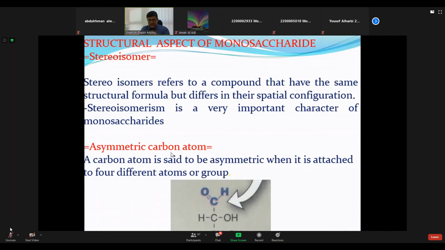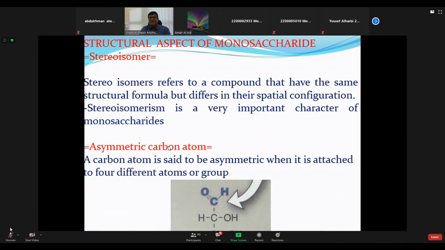Now, this one I told you already last day. What is the meaning of asymmetric carbon atom? Can somebody tell me? The carbon has different types like hydrogen, carboxyl, amine, and something else also. You are partially correct. The carbon is not a different type. The carbons are holding different types of molecules. Carbon is the same.